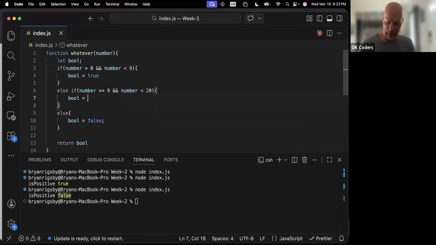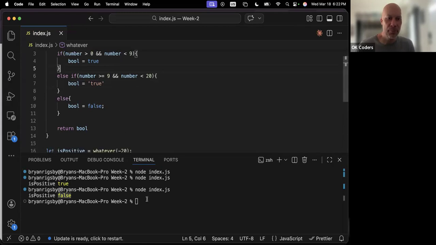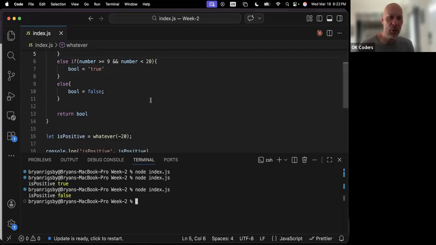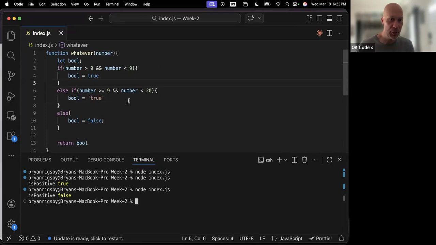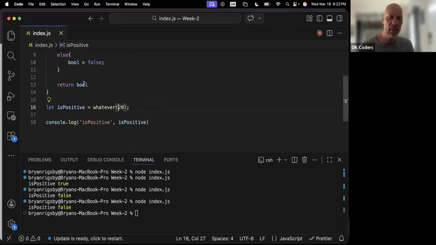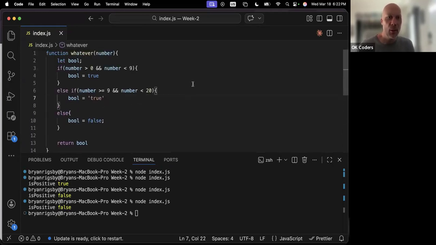Actually, we'll be crazy and we'll set it to string true just for fun. See what we get. So if we pass in -20, we should expect to get false still, right? So let's see if we do. We do. And if we pass in +20, then